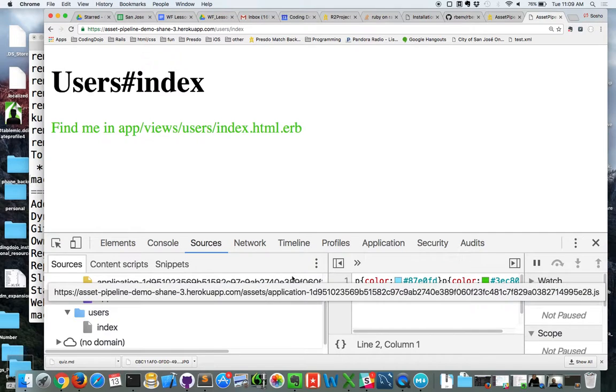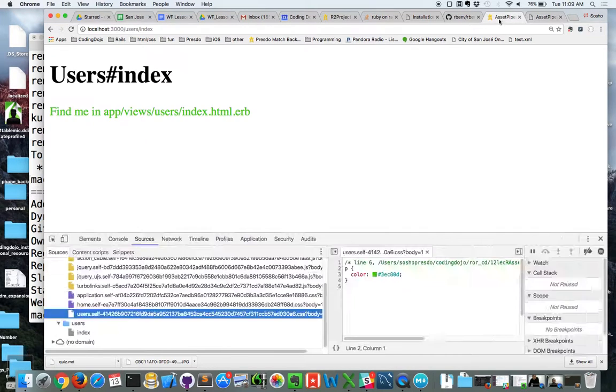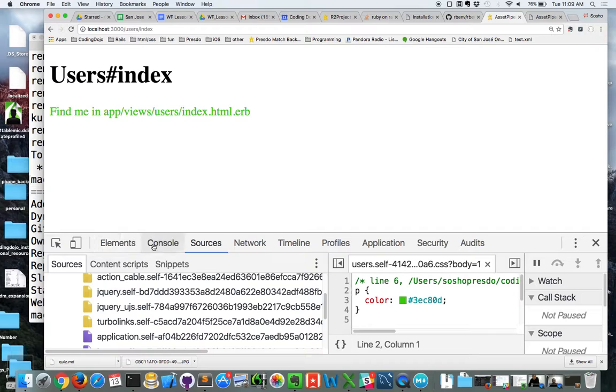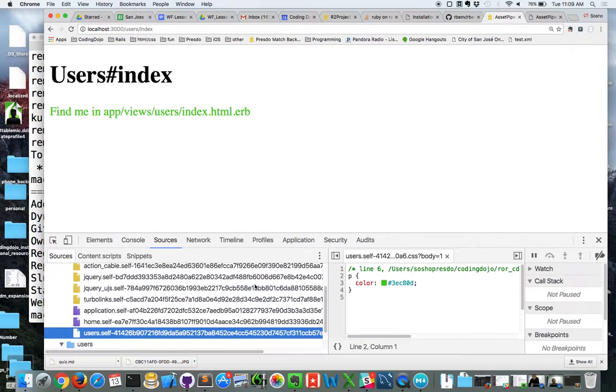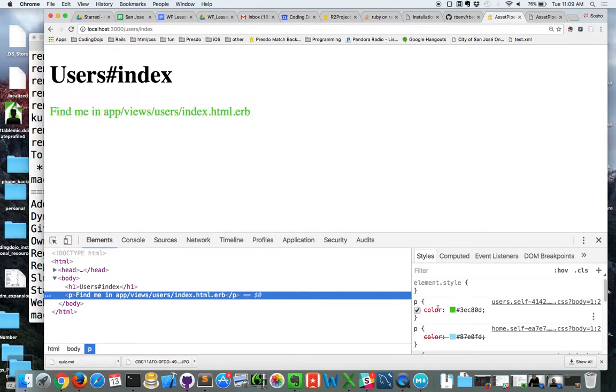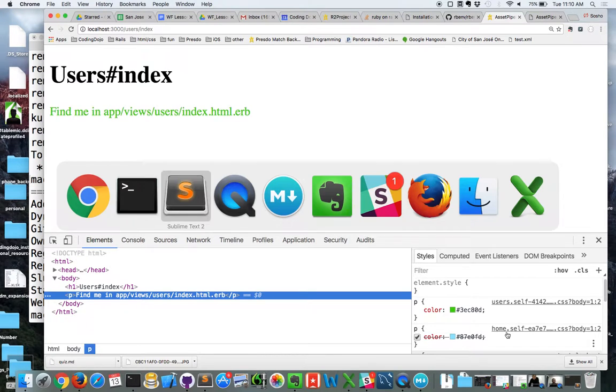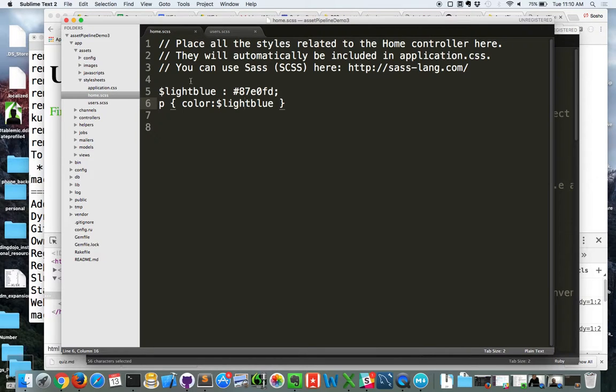All right, so I'm going to show you guys. Right now, the problem with our local one was that even though I have this users CSS and also this home CSS, the users one is just overriding the home CSS. If I want to organize my CSS a little bit better, I may want to have some CSS styling that only belongs to home and some that only belongs to users, and I want to be able to delineate those into two different files. Okay, so one way to do that is you can add